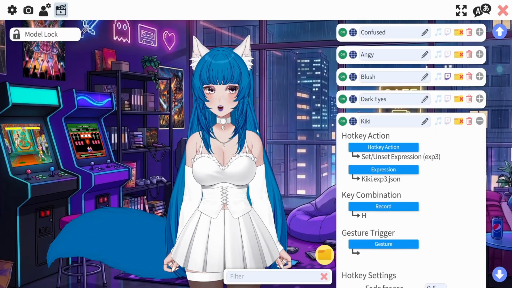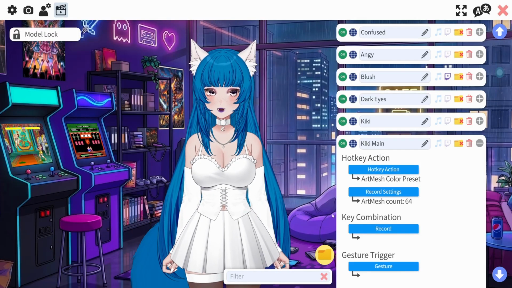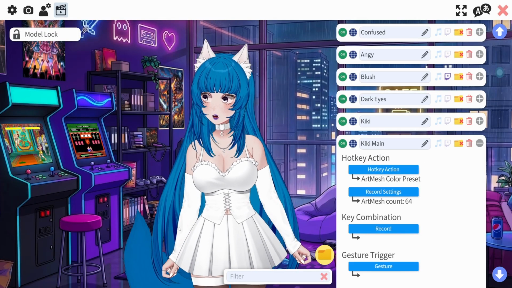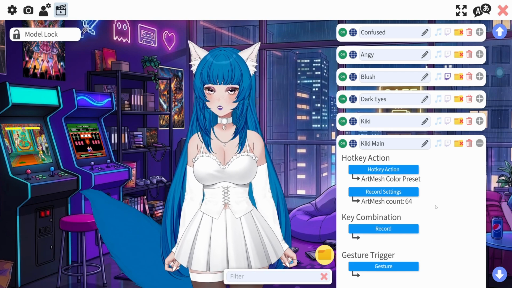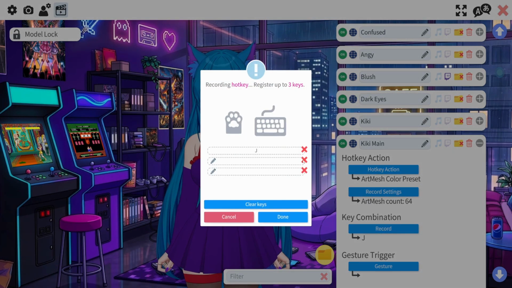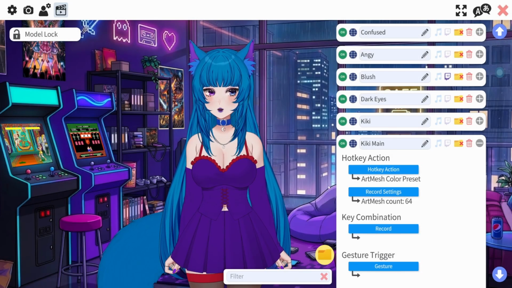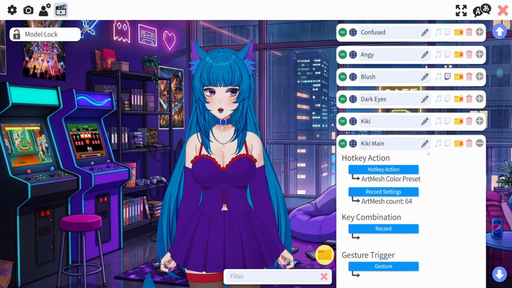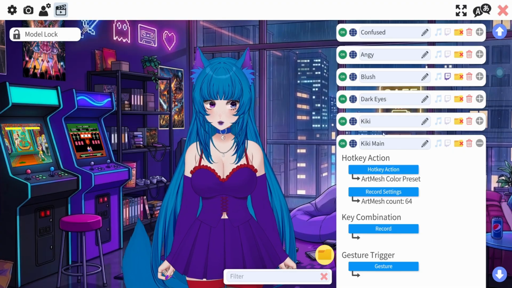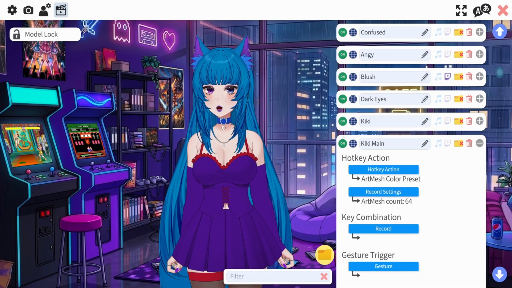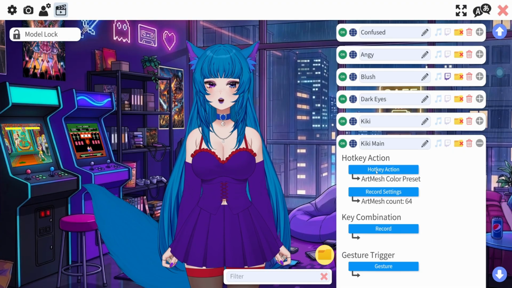Because this is an art mesh, what I went and did is, when she's completely colored, let's say I had gone in and completely colored her and she is the way I want her to be. So here's what I look like colored, okay? Then you're going to make another hotkey. You can call it whatever you want that's going to help you remember that this is for your colors. And then you hit